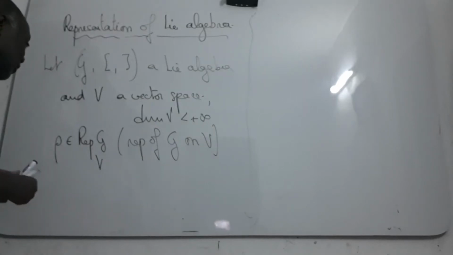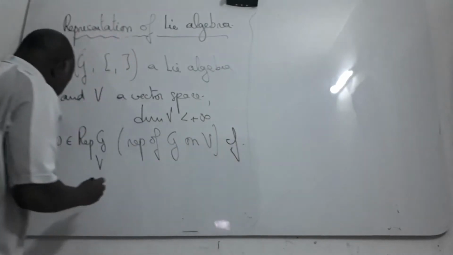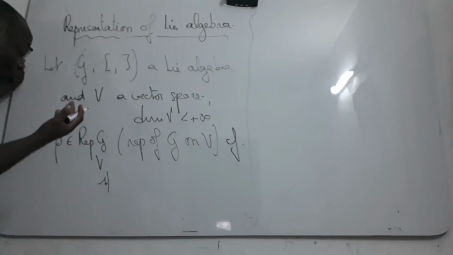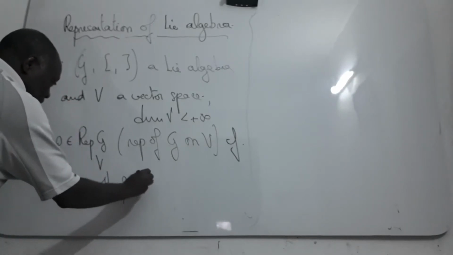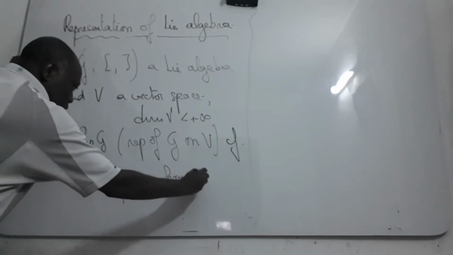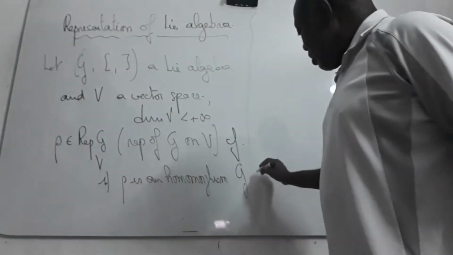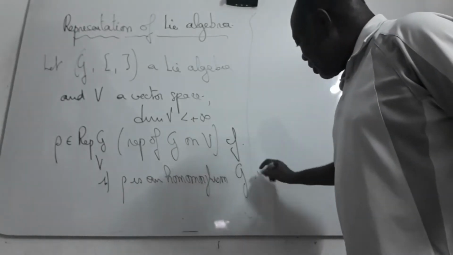That means that, first of all, rho is a homomorphism, also here from g into